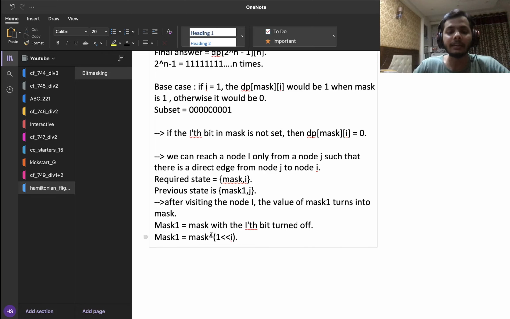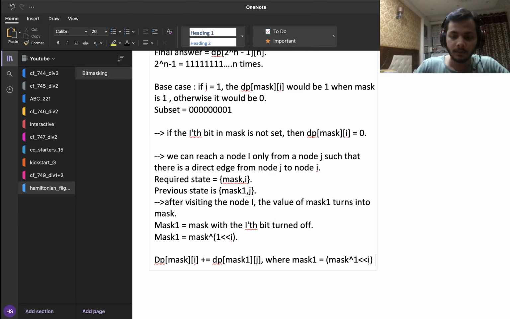So I can transition from all such values of mask 1 comma j to mask comma I, and the transition is just going to be this: dp of mask I plus equals dp of mask 1 j, where mask 1 is nothing but mask XOR 2 to the power I, right?